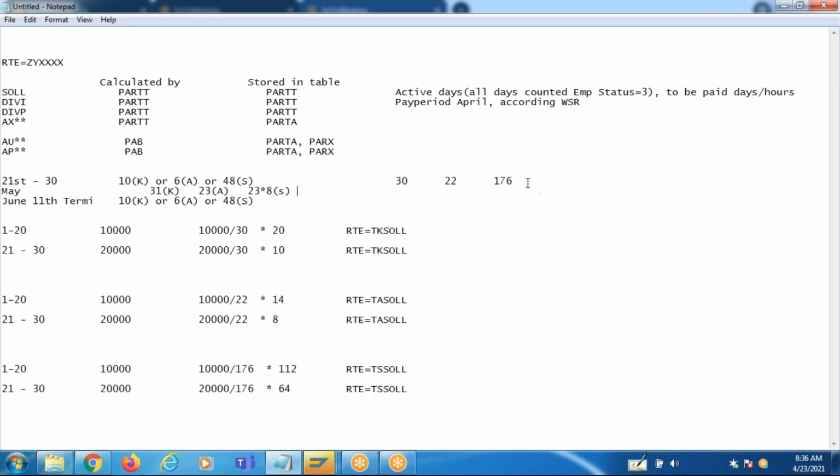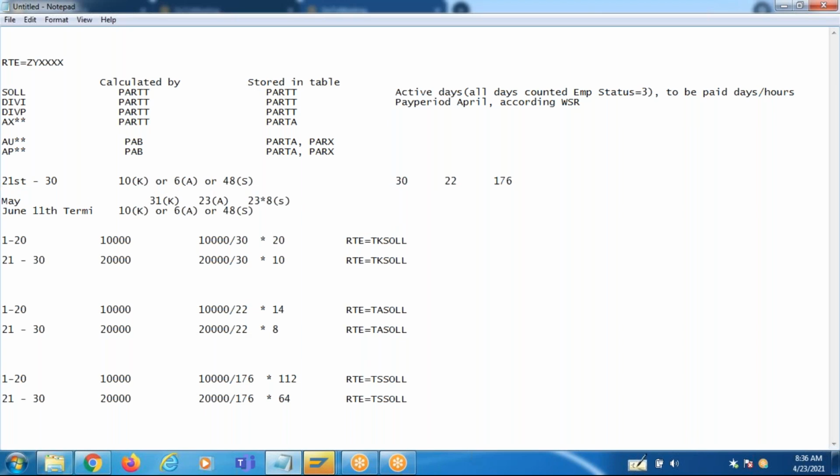Now again, in this case, one more example. Employee joined just before month closing. Let's say April 29. What will be this? SOLL, tell me. 2 days, 16 hours. Okay, 2 days, 16. Next, what will be DAVA? 2 days, 16. That's what is the confusion here. 30, sir.